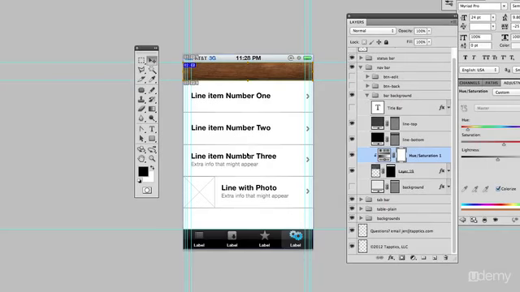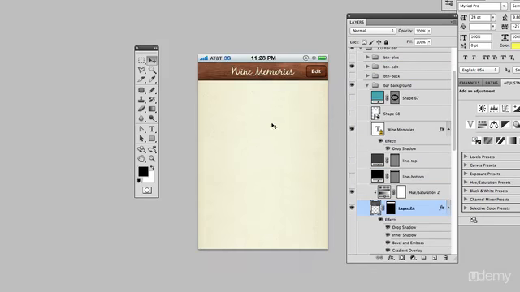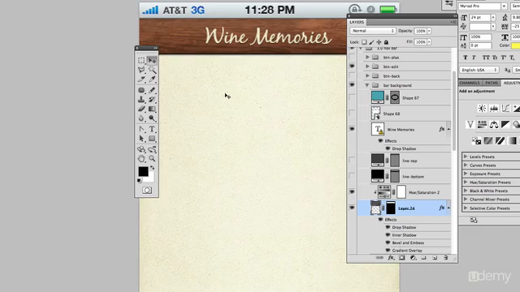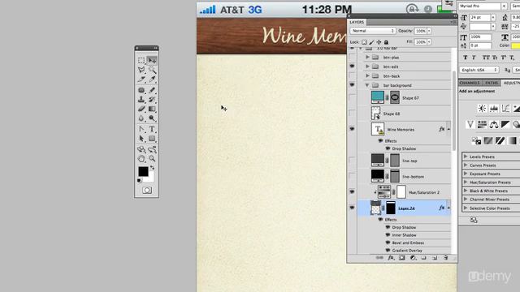Next what I'm going to talk about is how to create a background that is custom and looks good. So again, I'm going to use this Wine Memories as an example, and as you can see in this example, there's kind of a little canvasy textured type of thing going on, and there's a few different ways that you